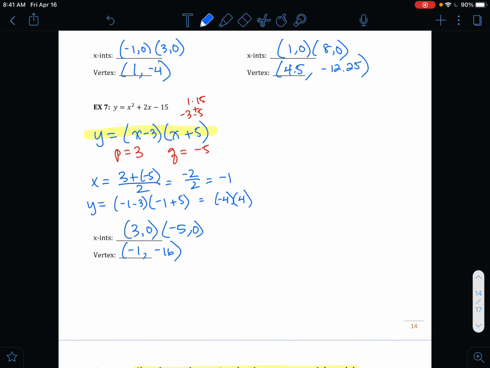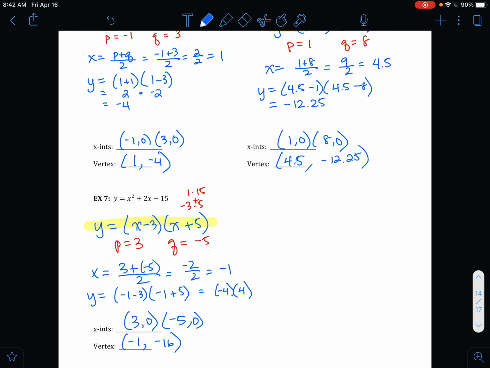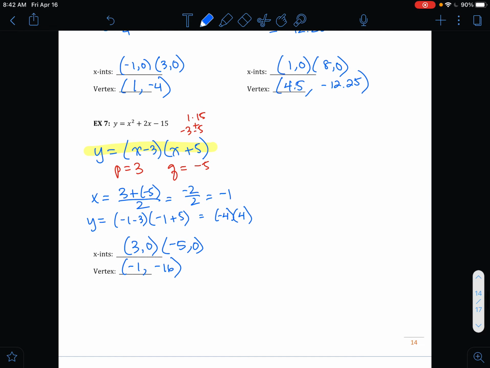Okay, so we have converted to all different kinds of formats. And then this last section allowed us to practice again that vertex calculation. Okay, as always,